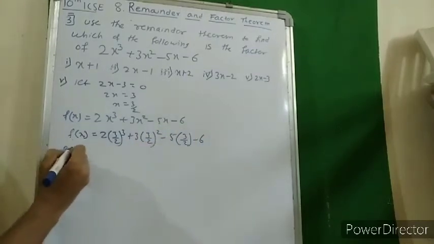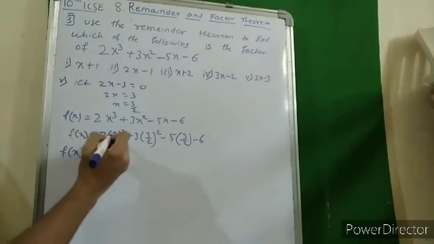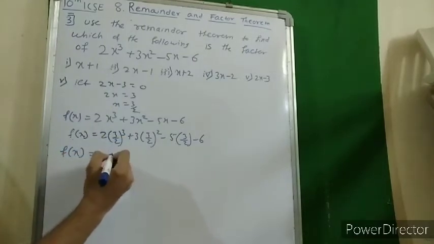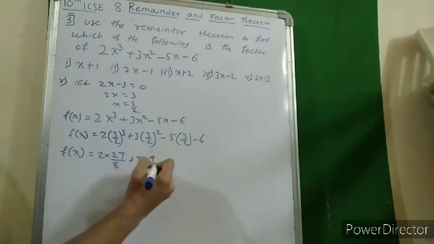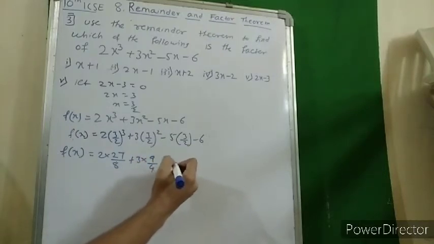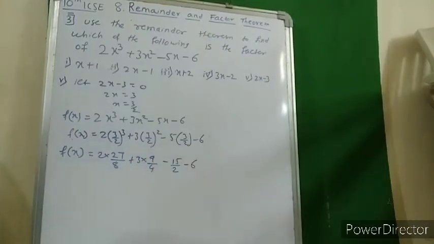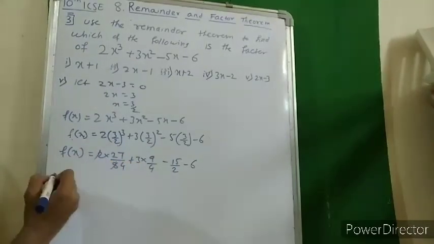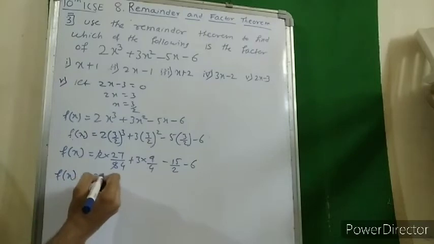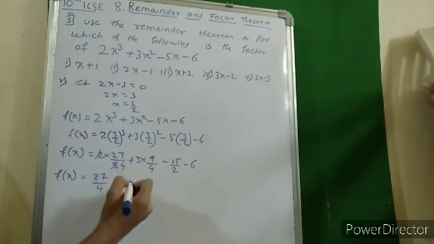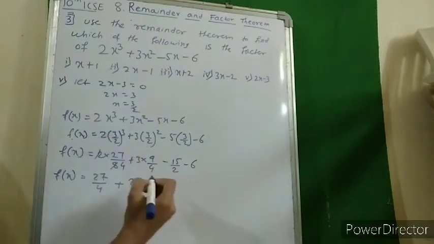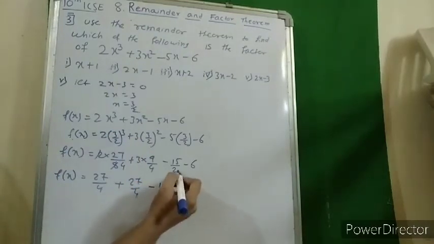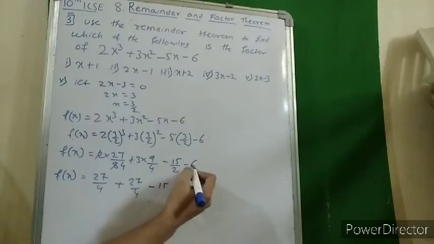So it is 2 into, 3 cubed is 27, 2 cubed is 8. 3 squared is 9, 2 squared is 4. 5 threes are 15 upon 2, minus 6. Okay. 2 ones are 2, 4s are. So function of x is equal to 27 upon 4 plus 9 threes are 27 upon 4. Is it correct or is something wrong? 2 fours are, yes, it is correct. So 15, I'll just cross multiply it. So it is 6 to the 12.